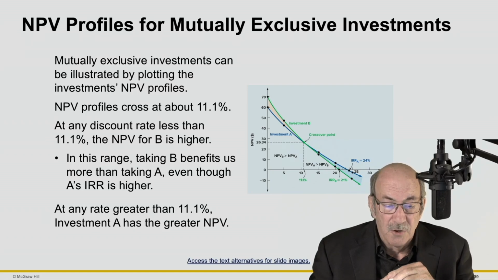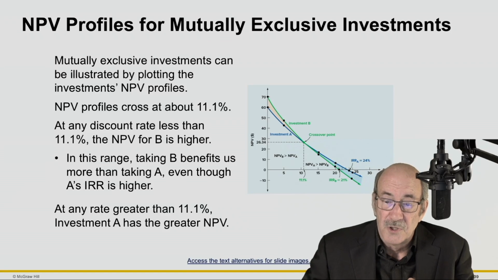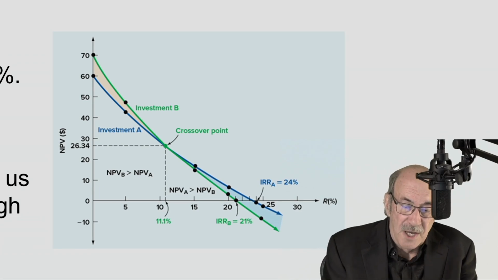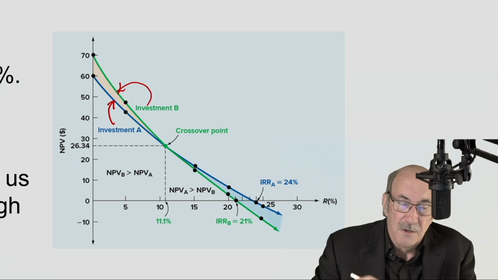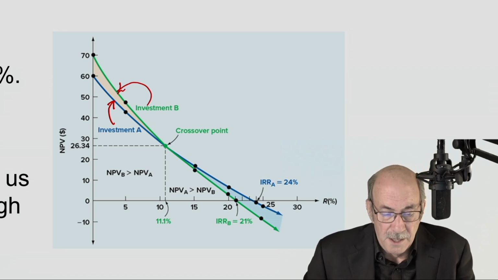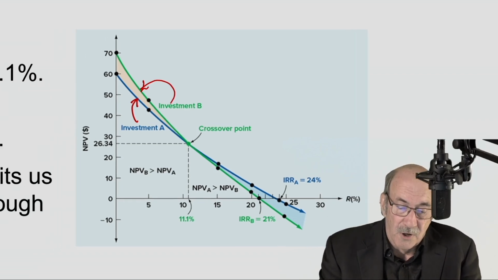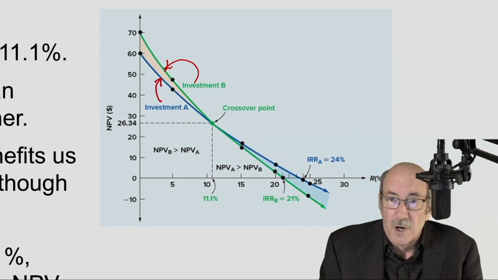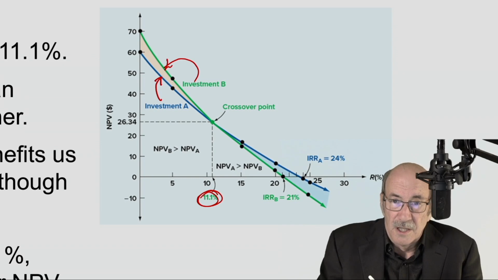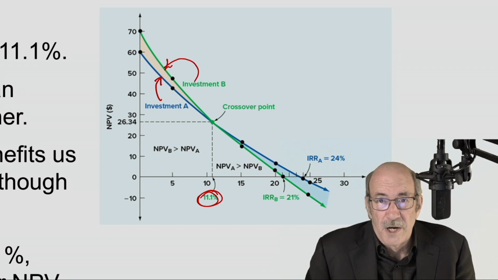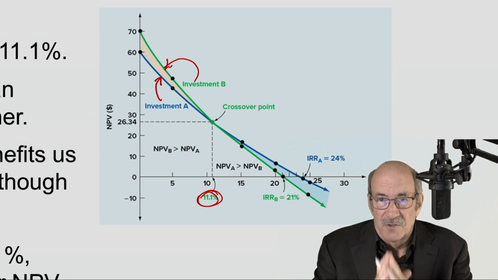Now, we can look at these two projects, again, using our handy-dandy NPV profile. And what we see is that over here, we've got investment A, and we've got investment B right here. And investment B produces a higher NPV for all values where the required rate of return is below 11.1%. Now, 11.1% is actually known as the crossover rate, and that is where the two projects have exactly the same NPV,